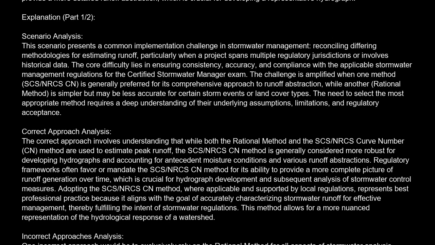The correct answer is A. Prioritize the SCS/NRCS curve number (CN) method for its ability to account for antecedent moisture conditions and provide a more detailed runoff abstraction, which is crucial for developing a representative hydrograph. Explanation. Scenario analysis. This scenario presents a common implementation challenge in stormwater management, reconciling differing methodologies for estimating runoff, particularly